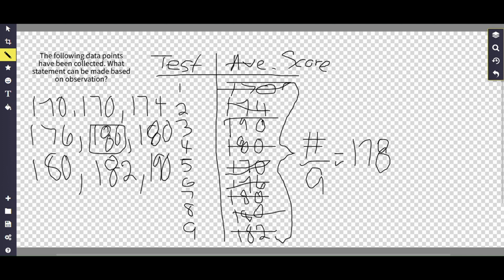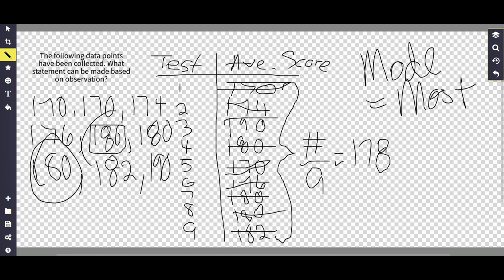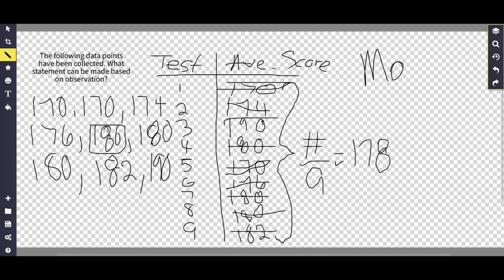The mode is what occurs the most, a little trick I've learned over the years. As you can see, based off this list, the most frequent is 180. So what we've got now is a mode and a median of 180, and an average or a mean of 178. And what we can conclude from this, and kind of the answer we want to this question is, can we solve